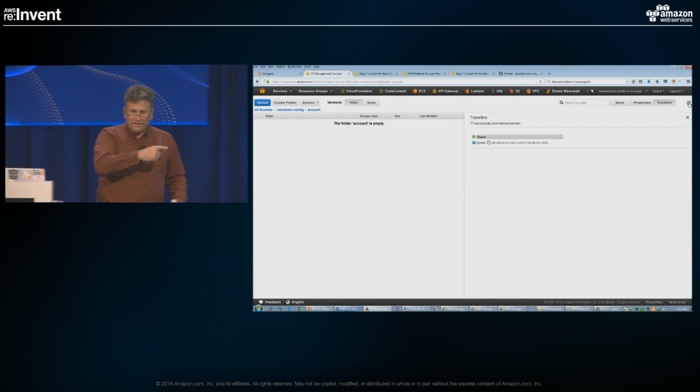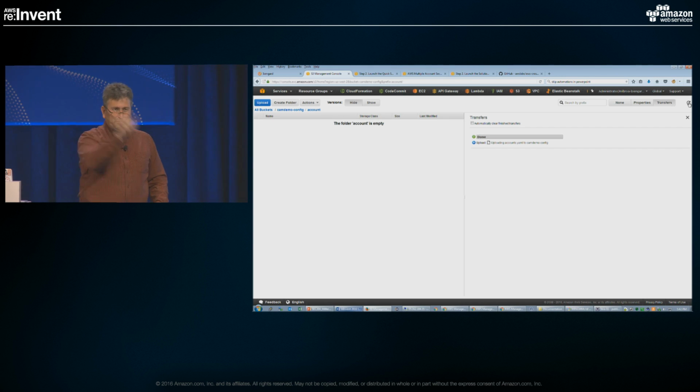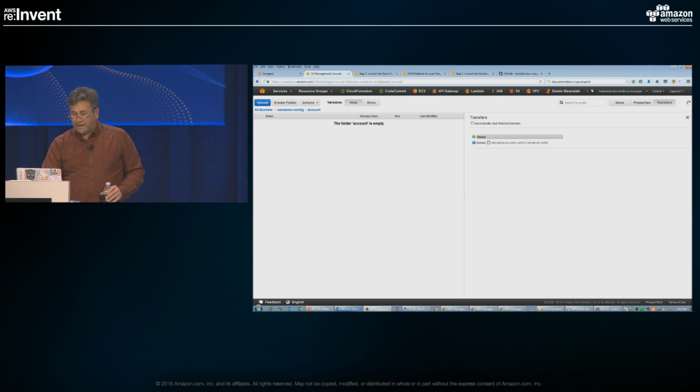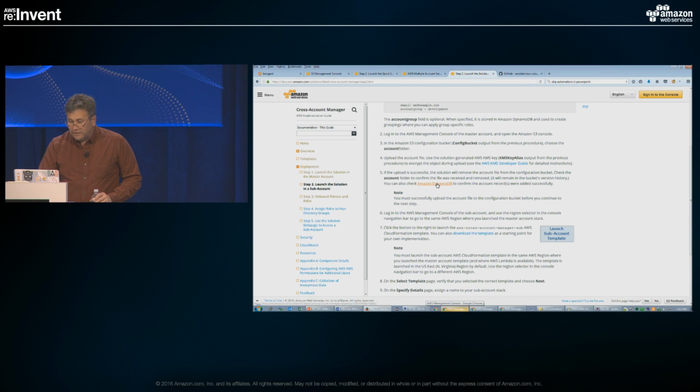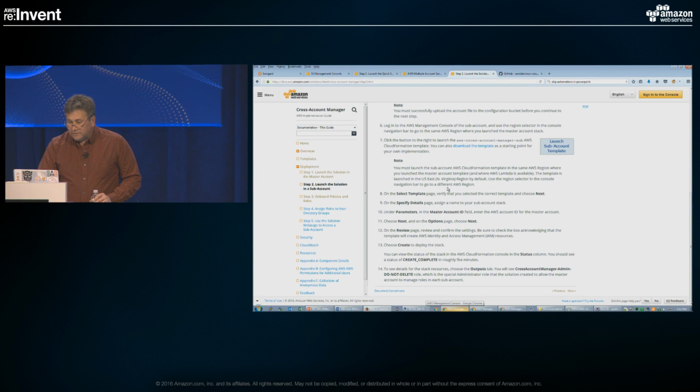If it sits there, you've got a space or a tab in the wrong space and spend the next 5 hours trying to find it. Trust me, it'll be 5 hours. I can guarantee it. All right, so now I go back to the implementation guide, and it says, launch the